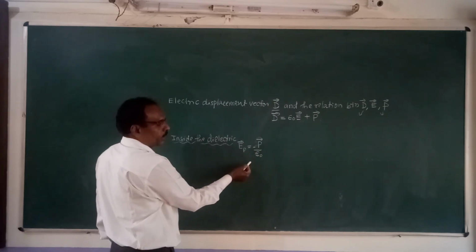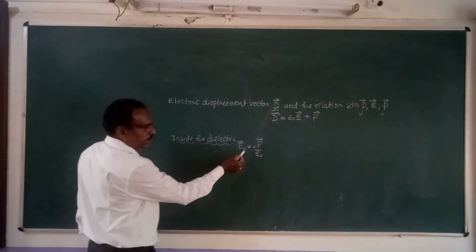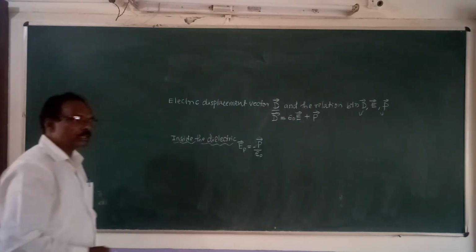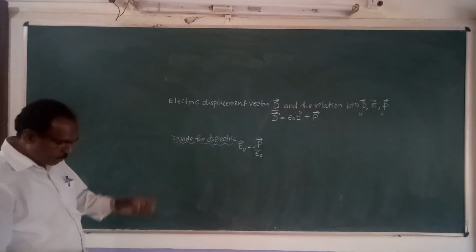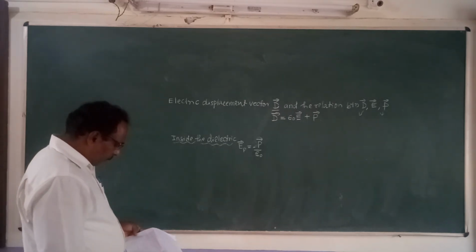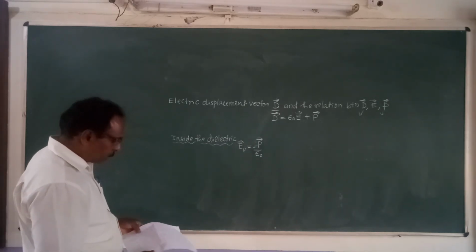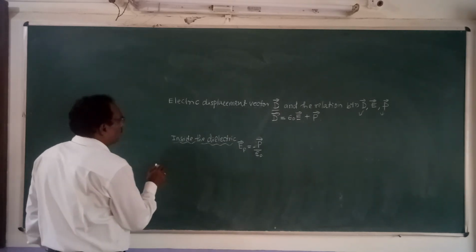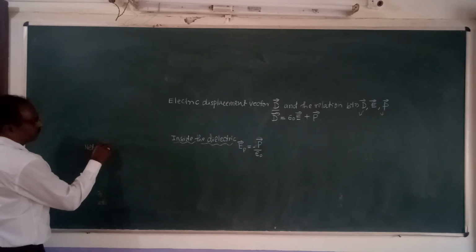Epsilon naught is the permittivity of free space. The negative sign indicates that this quantity decreases as we increase the external applied field. There is a net field also. So what is called the electric displacement vector and its relation is given by this relation. The net electric field, I will write it here, net electric field